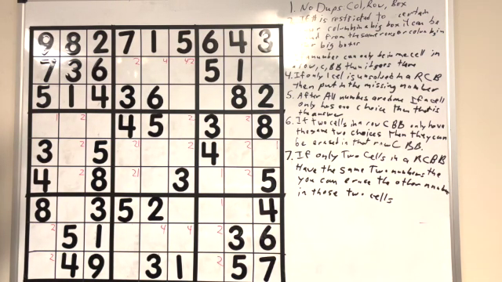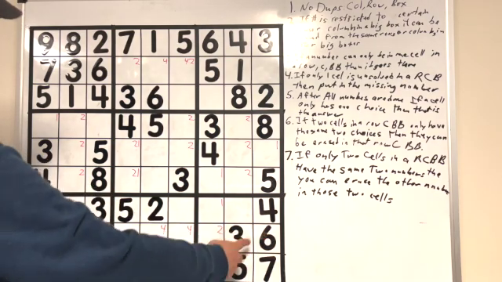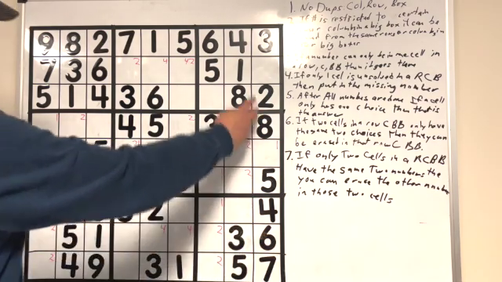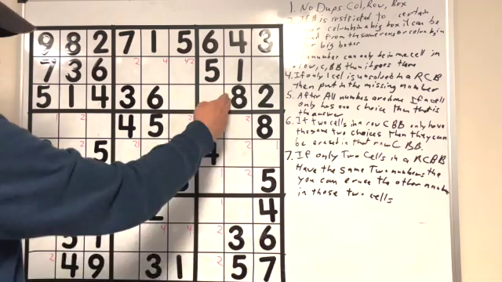5s. So top big row is solved. Middle big row is solved. Bottom big row is solved. Okay, 5s are solved. Totally done. On to 6s. Top big row is solved. Wow, and that's it except for this one. So we'll start here. 6s can't be on the right or the left, so they have to be in the